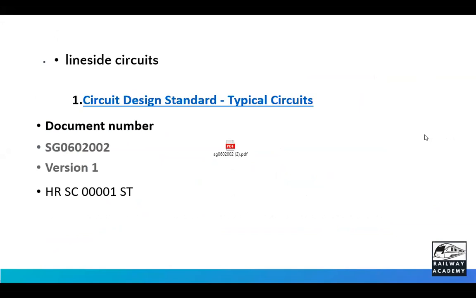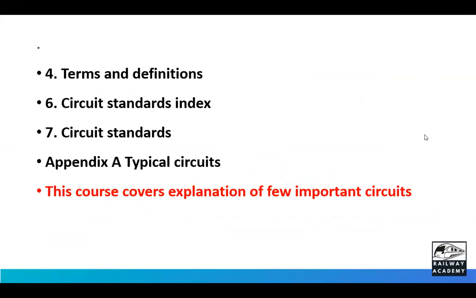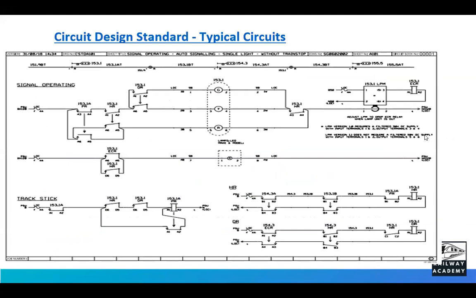Now circuit design typicals, the PDF I have enclosed here, that is SPG 0602-002. It gives you all the circuits available there. And then these are the topics available in that booklet. Okay. And one sample circuit I have shown here, how there is a signal with green, yellow and red aspect, how the relay contacts are shown, how the ECR relay is shown, how the circuits are shown for track circuit, cut section track circuit, all these things, and how the miniature red lamp is burning, that is also shown